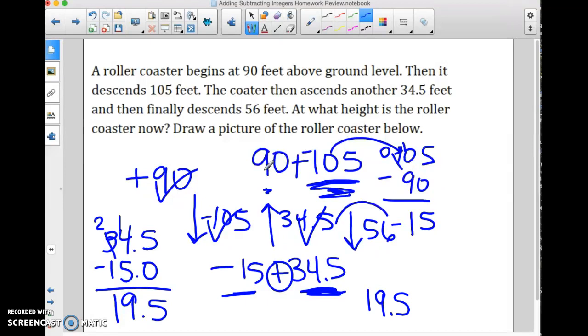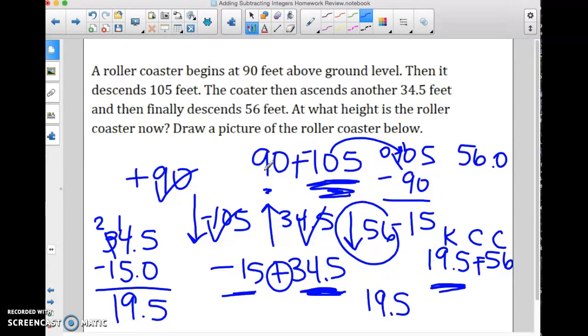But then it goes down 56 more. So we are at 19.5 and we're going to subtract 56. Okay? There's a subtraction sign there. We're going to keep, change, change. Keep, change, change. So there are different signs. So that means we're going to subtract that. 56, and we have to put 0.0 because this one has a decimal. Minus 19.5. We can't do 0 minus 5. We have to borrow. 10 minus 5 is 5. Can't do 5 minus 9. We got to borrow. 15 minus 9 is,